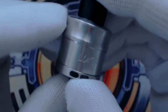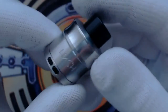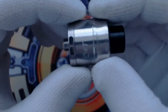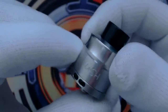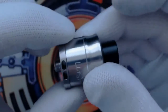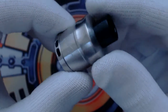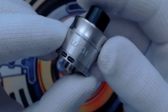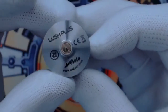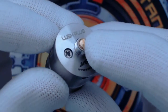Okay, so this is the Lush up close, and I think that is a rather stunning looking little RDA. I've already written the description on the website and had a bit of a gush fest over it because something about the way that looks just ticks all the boxes for me. Now it is a 24mm diameter RDA, which is nice to see, and we've got the Lush logo engraved on there, Lush Plus underneath, gold plated reverse threaded 510,